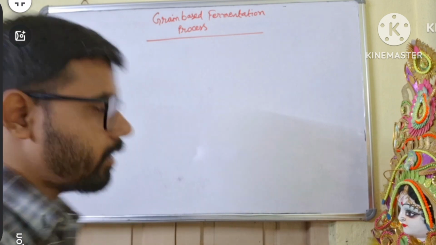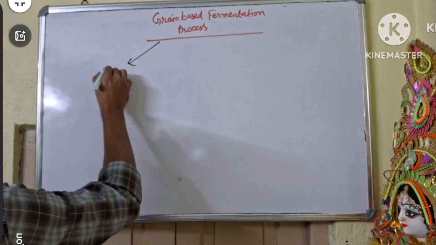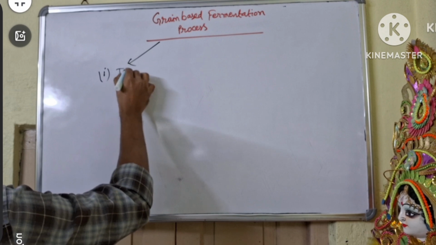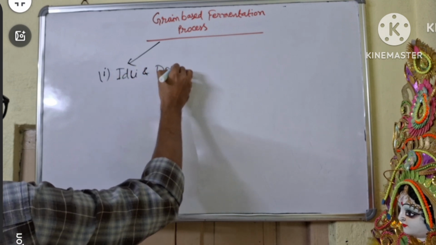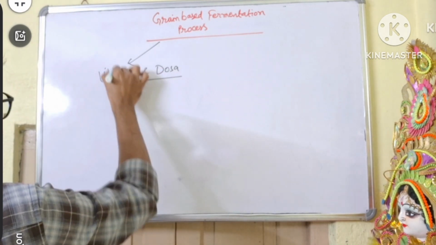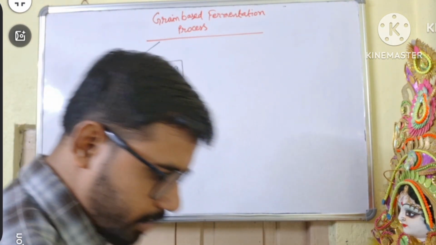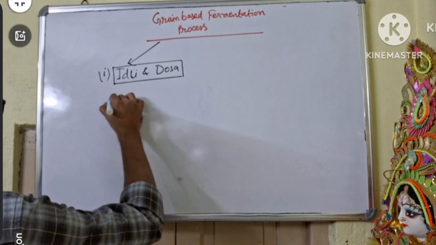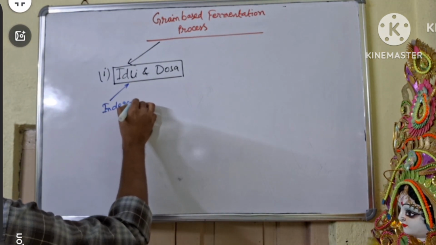In the previous class we discussed the fermentation process of idli and dosa. Indigenous microbes are enough to ferment and make the tastier